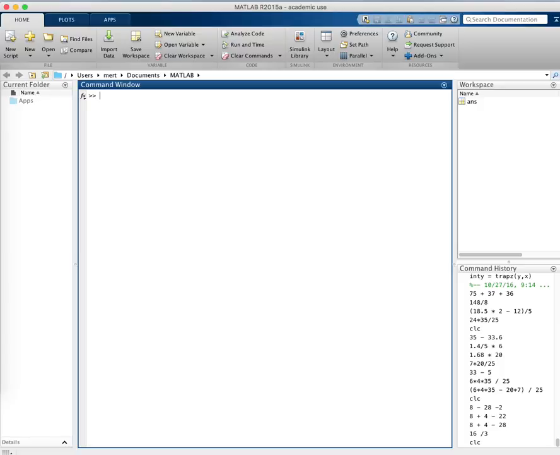The last 2 weeks, we only used the command window, which is like your calculator, but a stronger, better version. We plotted stuff, and we can do visualization and other kinds of things. Today, I want to show you a different thing using functions and scripts, like you use in C or the